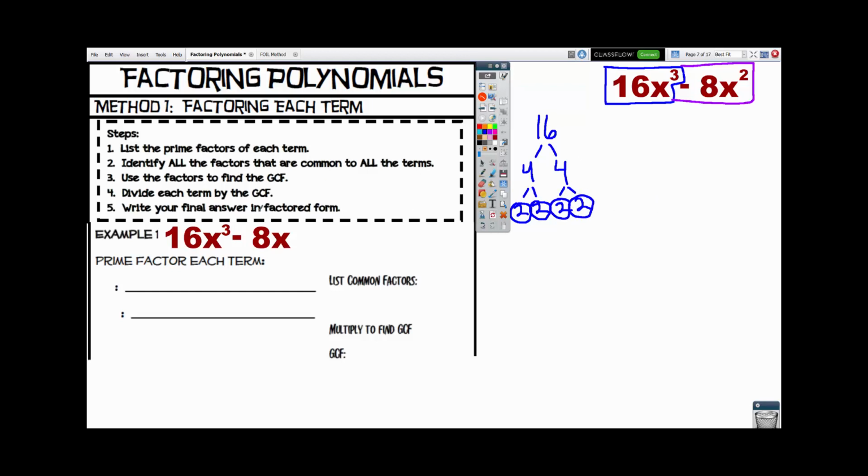Okay. And now what we're going to do is the same thing with our coefficient in our second term. Okay, 4 times 2. And factor this down to 2 times 2. Okay. So at this point, we have everything factored down to prime numbers,